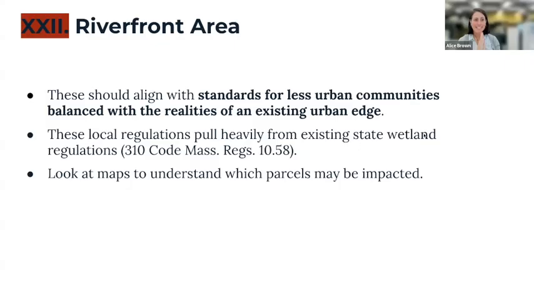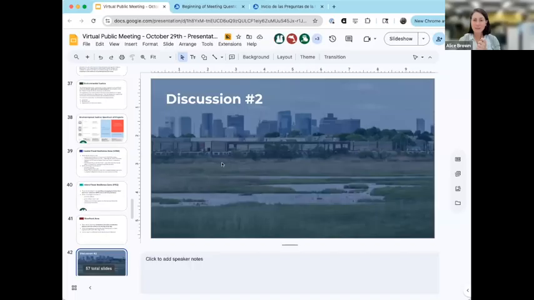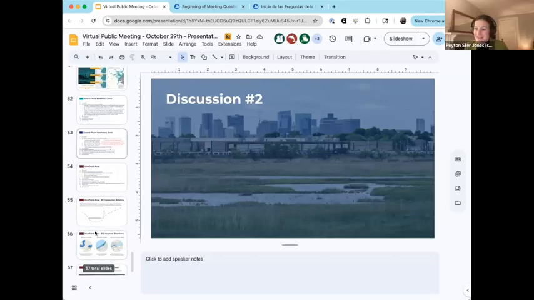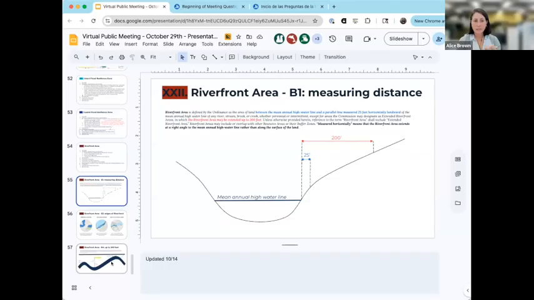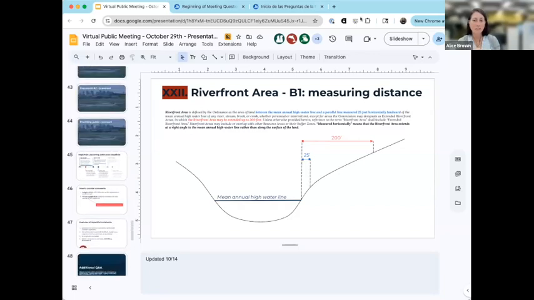Next slide, please. Oh, wait, I don't have a map. So now we are in discussion 2. Peyton, I will turn it back to you. Do you want to show this map, Alice? Is this what you were thinking? We just have a couple of diagrams that we can share if people have questions about the wetlands regs, about where things apply. So we can pop to that, but I think it's okay to go to a question.